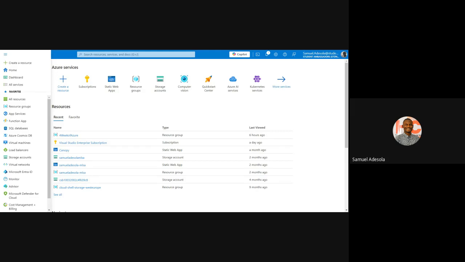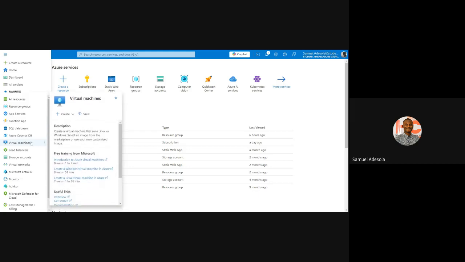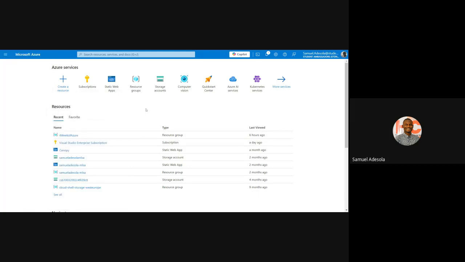So going back to Microsoft Azure, so we have this interface. We can do a lot of things with Microsoft Azure. We can create virtual machines. What is virtual machines? Some of us know what virtual machine is. We have used all these VirtualBox. Let's say, for example, we want to do something, and they say this particular thing will require 50 gig RAM laptop. Right? That's what they say they will require. They said this thing you want to do will require 50 gig RAM laptop, and then your own laptop is just 4 gig RAM. So what can you do? You don't have to go and buy another laptop. You can just make use of the cloud, because one thing that cloud gives us is compute engine.